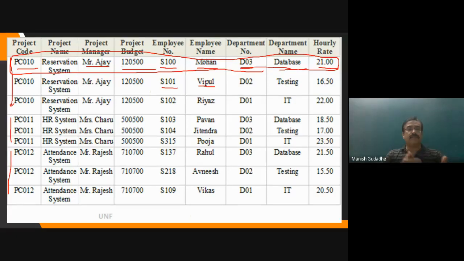So there are 7 different forms of normalization which we are going to learn, which we are going to gradually define from 1, 2, 3. So first NF to second NF, third NF, fourth, fifth, and sixth, along with one additional form which is called BCNF. So 7 total forms we are going to learn as far as the normalization process is concerned. We are going to see that as an example, and along with that we'll go for the formal definition of normalization. Okay, so this we'll discuss in the next lecture.